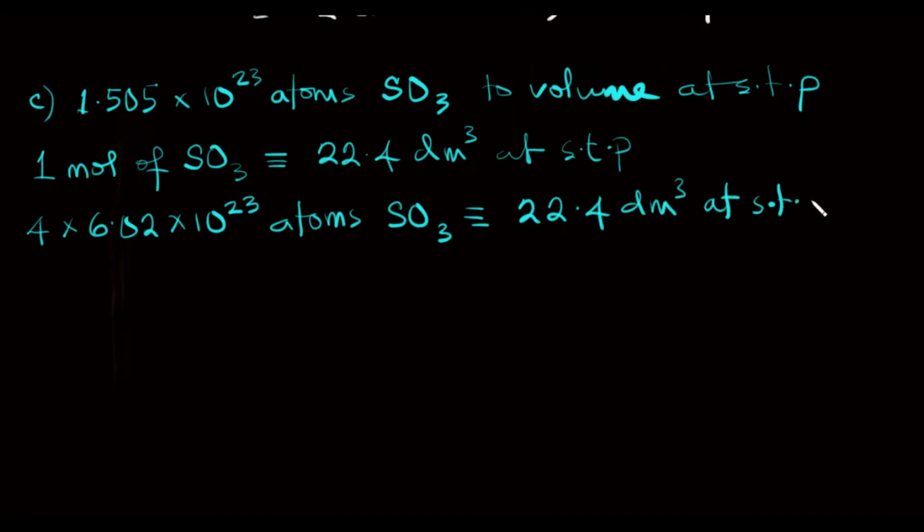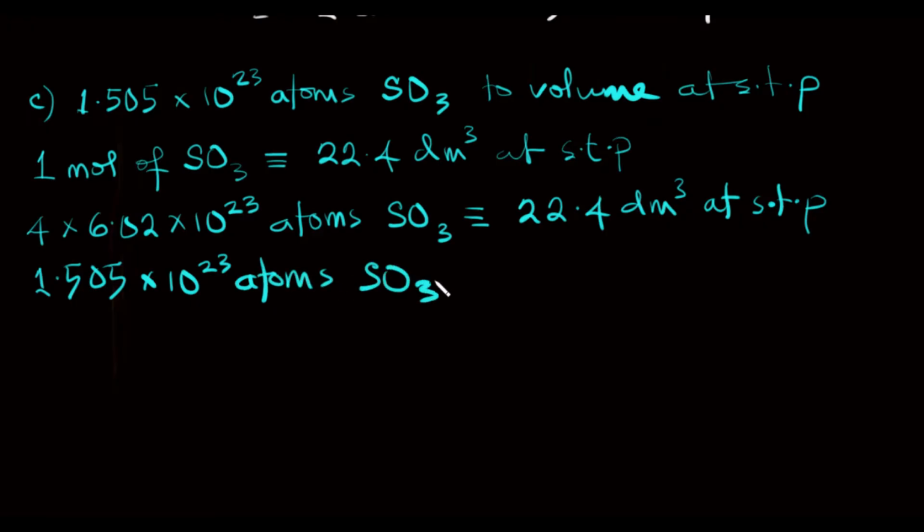Remember what we explained in example 1. How much volume will 1.505 times 10 raised to the power 23 atoms of SO3, sulfur VI oxide, occupy? If we solve for that,